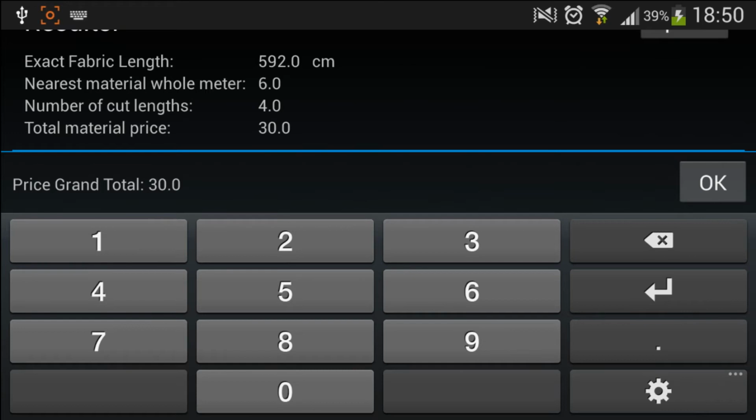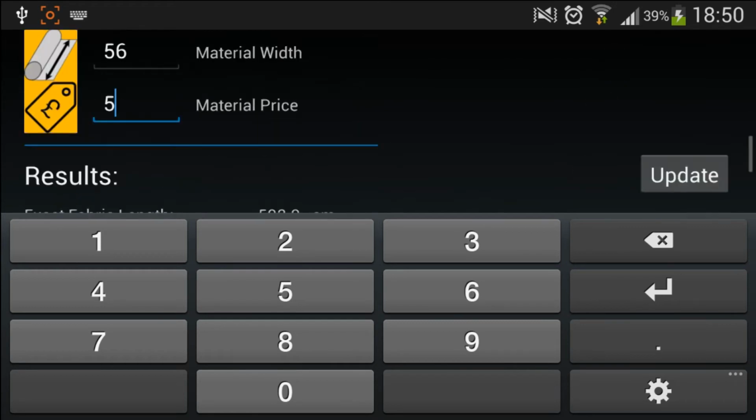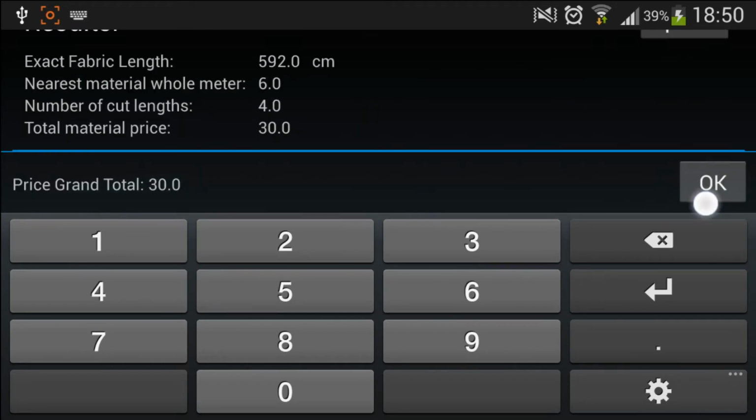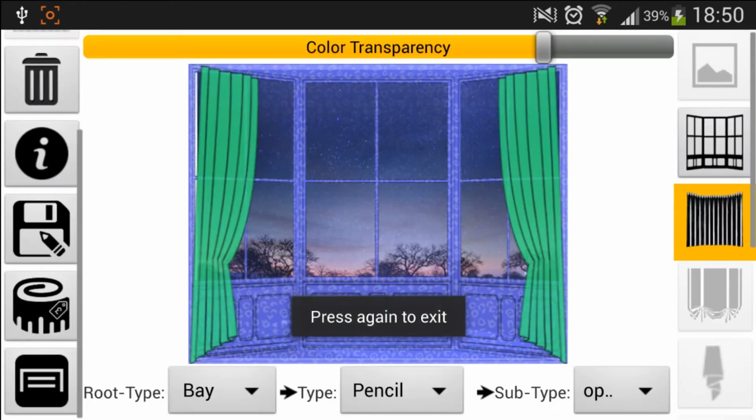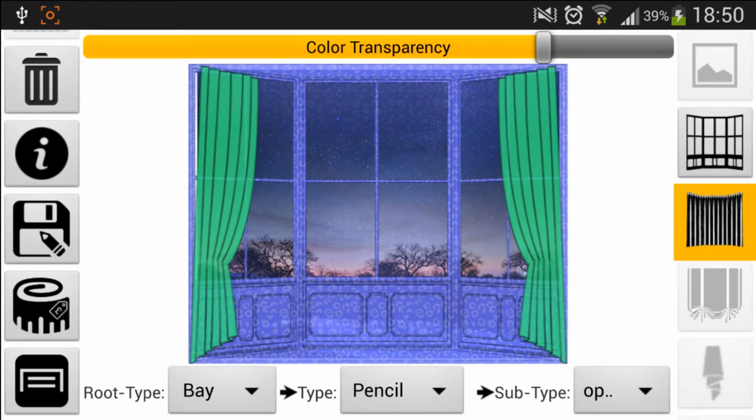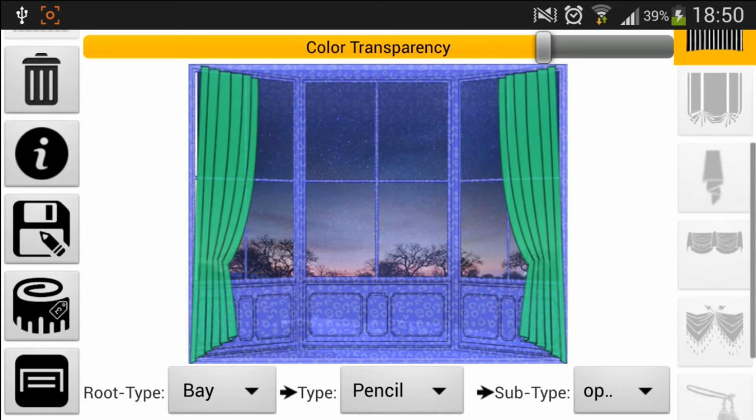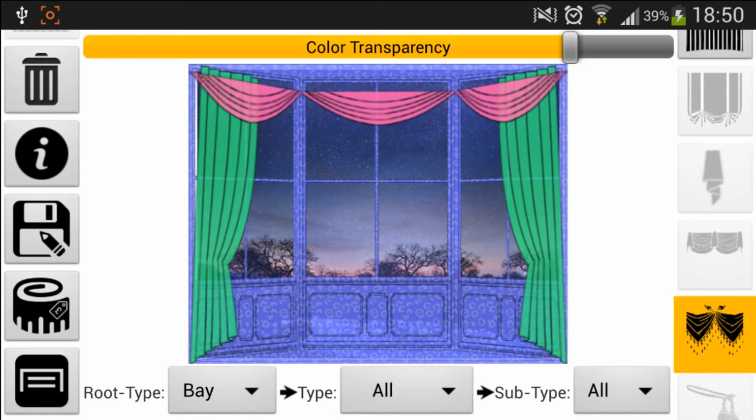When we are happy with results, we just can press OK. If we want to exit from the measurements, we double click on it and we escape.